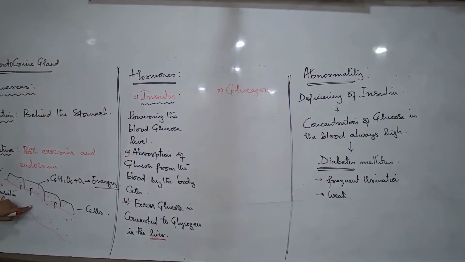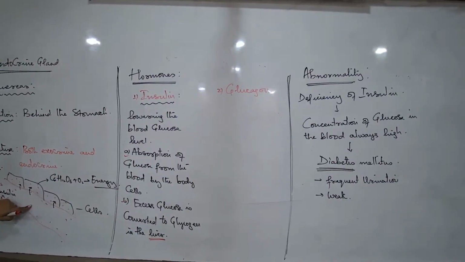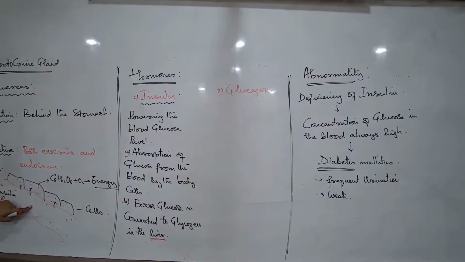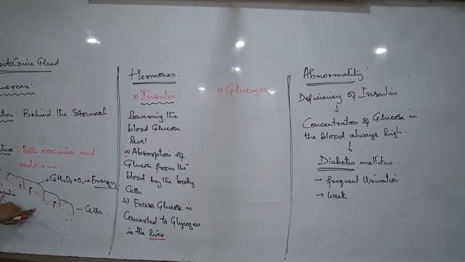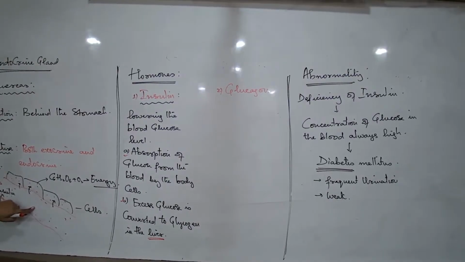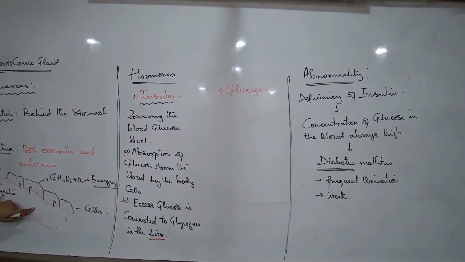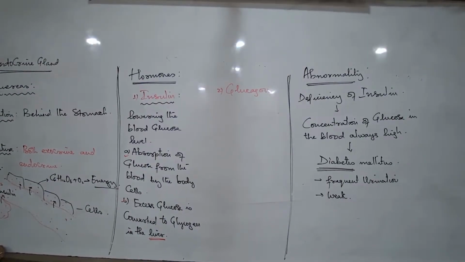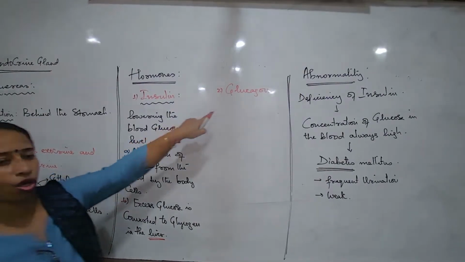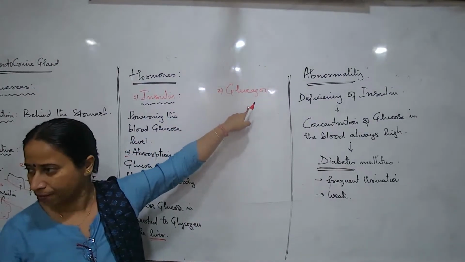So now, when we eat food, after about 5 hours, 4, 5, 6 hours, this is almost the situation in our body. The body cells have picked up glucose, and the blood has less and less glucose. But by the time the glucose concentration almost touches the optimum level, a specific hormone known as glucagon starts getting released.